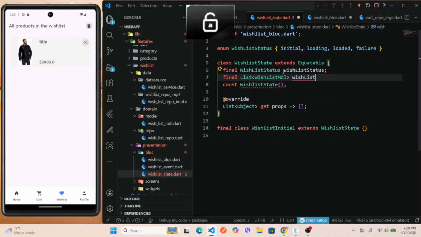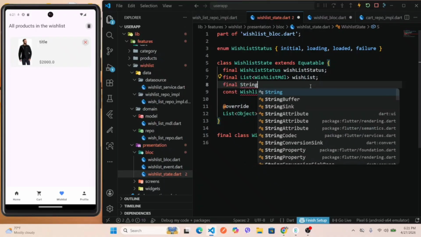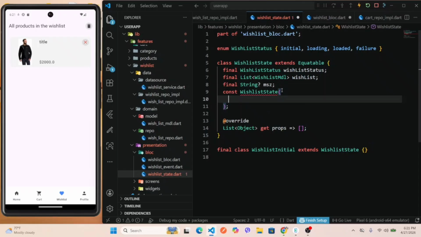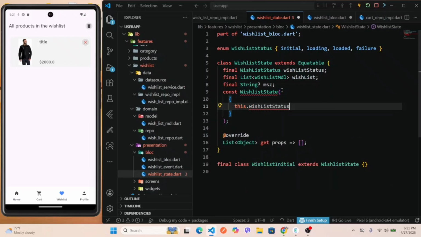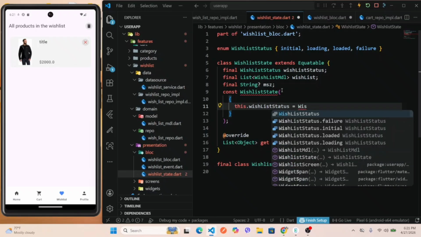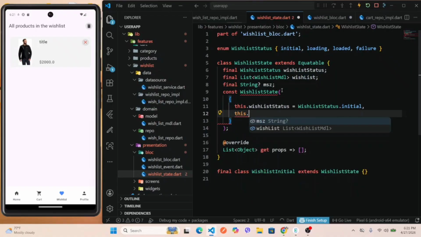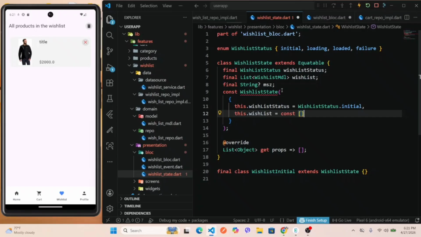Let's say wishlist, and also to hold the message, make it nullable, and also provide here this dot wishlist status. Initial is going to be initial status, and also this wishlist is going to be an empty list,